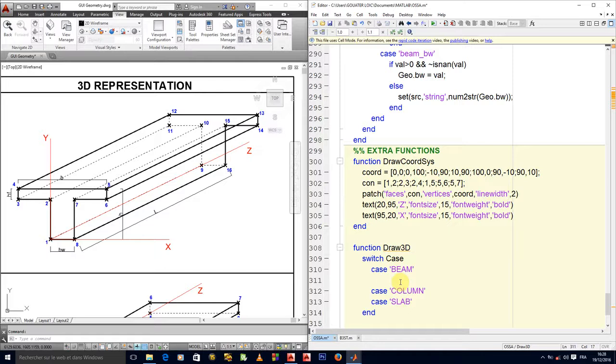So let's start with the vertices. We'll call it vert, to say vertices. Vertices is a matrix that contains the coordinates of all your vertices, in the order in which they appear on your drawing. The first line will have the coordinate of my first vertex, the second line the coordinate of my second vertex, the third line the third vertex, and so on and so forth. Can we create that matrix together?